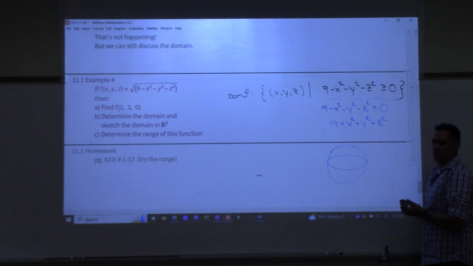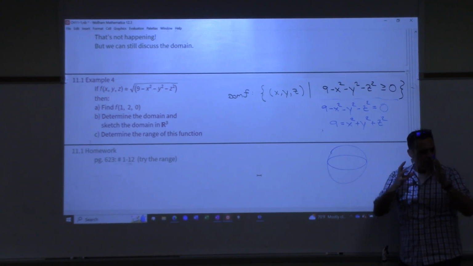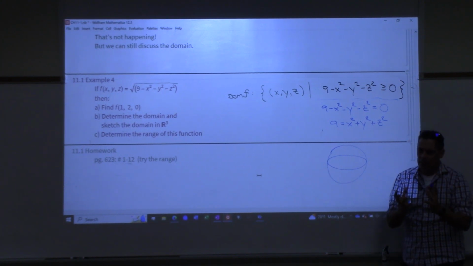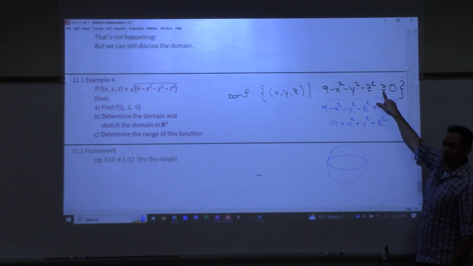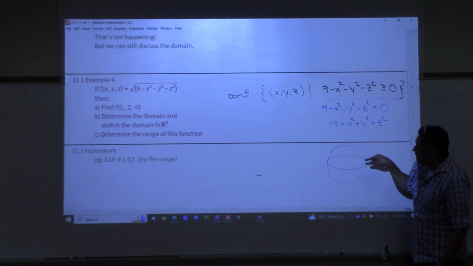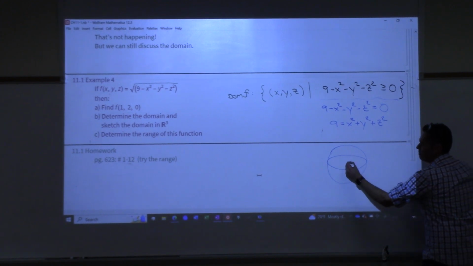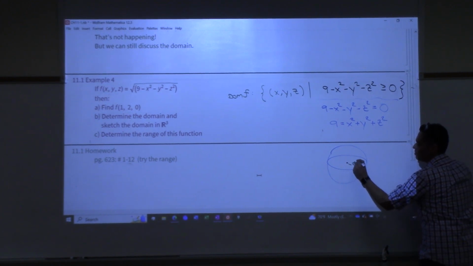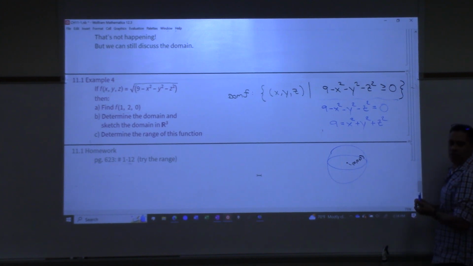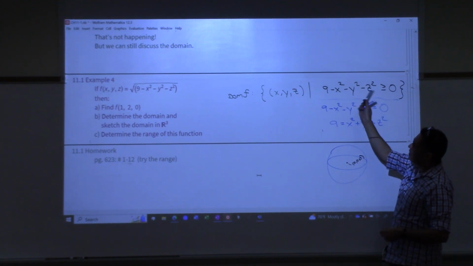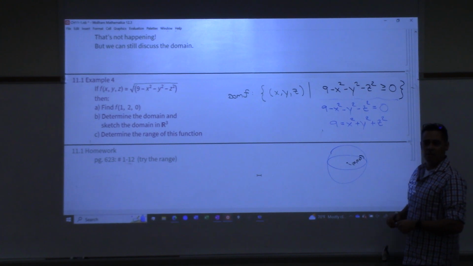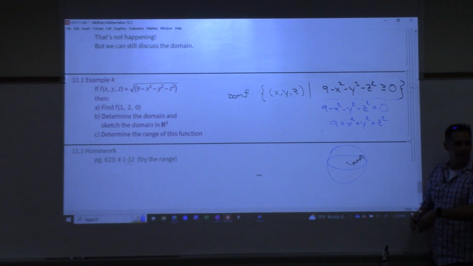Do I want to include the actual boundary of the sphere? Yes, so it's the sphere. Now, is it everything inside or outside? So we pick a test point. A good test point is the point 0, 0, 0. Does that work? Yes. Plug it into the original inequality, it works. So it's the sphere and everything inside of it,